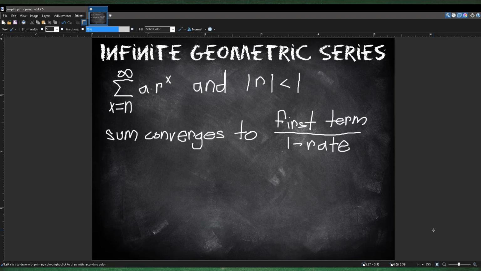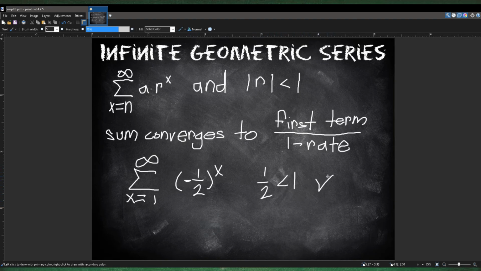Okay. Additionally, for example, this states the absolute value of the ratio is less than 1 because the ratio could be negative. So let's say we have a summation from x equals 1 to infinity of, let's still use this simple case, negative 1/2 to the power of x. So the absolute value of r is 1/2. Is that less than 1? Well, it is, right? Since it's less than 1, that means this